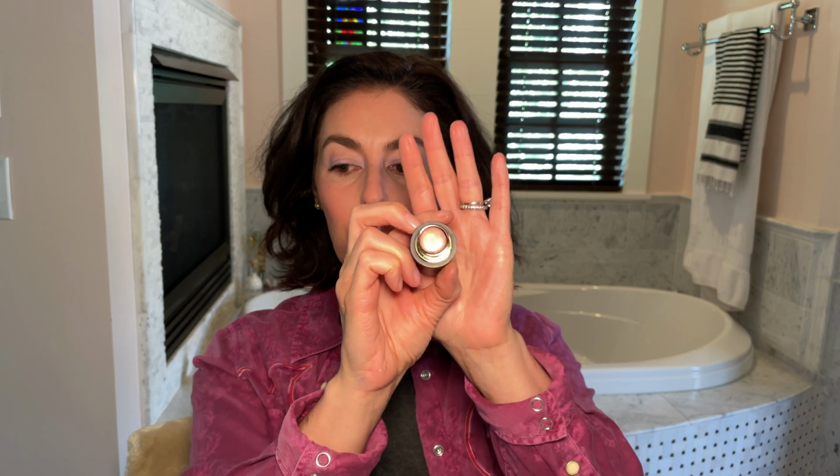Why am I having so much trouble? Anyway, this is a Westman Atelier highlighter in the shade Nectar, and it is a cream product. I'll show you on my skin here what it looks like. So it pretty much looks sheer and wet, depending on how much I use. I don't know that I'm gonna use that much, but I'm just gonna use my finger, rub it around, and